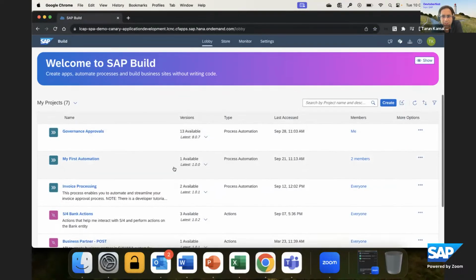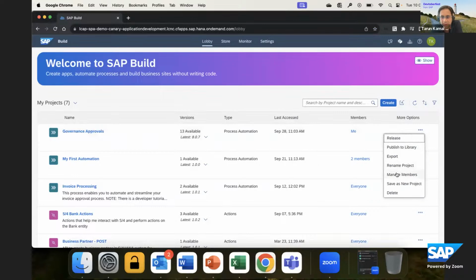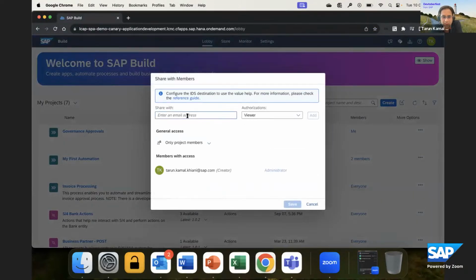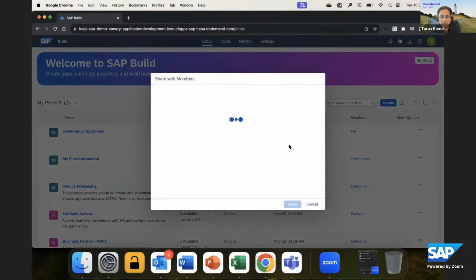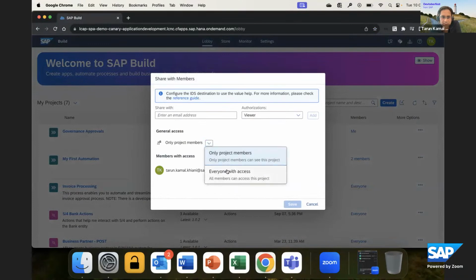Let's say you happen to share a project with me. You can share projects by going to manage members and giving access to folks, and you would have a capability to save as new. For example, this governance approvals project that you wanted to make a template available throughout the organization. You could share it with everyone, giving everyone view rights.